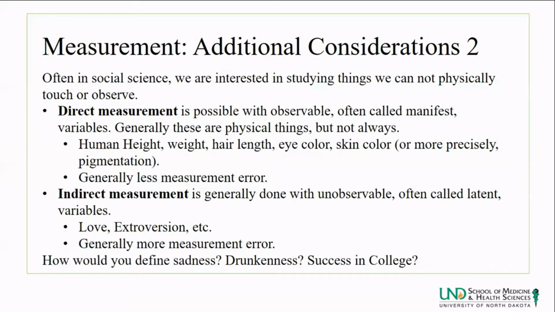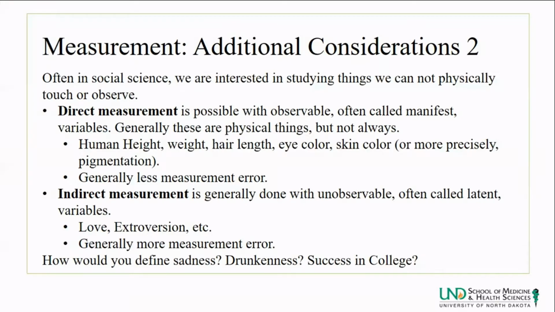So direct measurement is anything that is directly observable or measurable. Sometimes these are called manifest variables. These are typically, but not always, physical things, right? Height, weight, hair length, eye color, skin color, or more precisely, pigmentation. These are things we can measure empirically, okay? Generally, things that are directly measured have less measurement error. They're not going to have zero measurement error because that's almost impossible, but they typically have less measurement error when